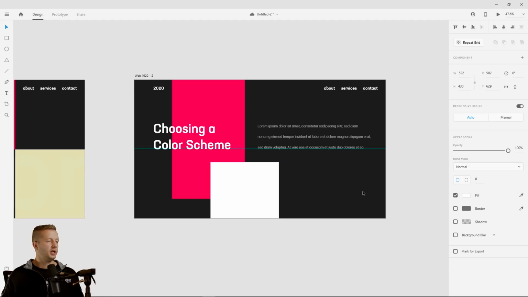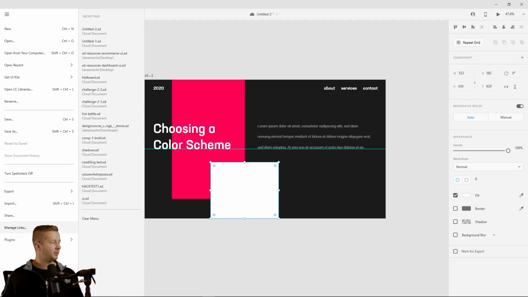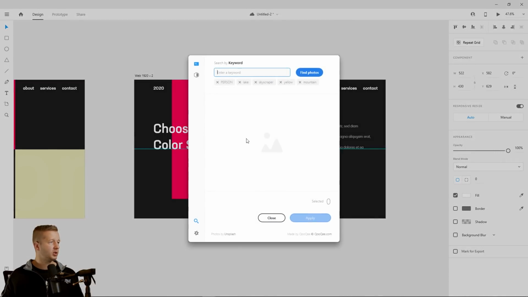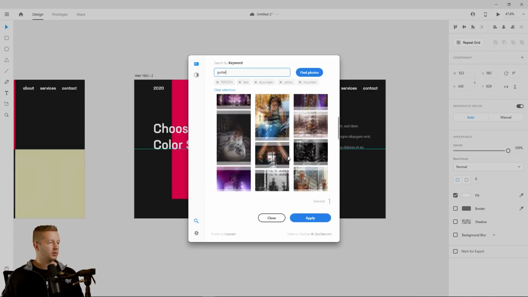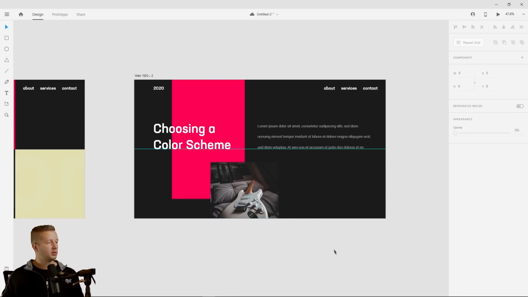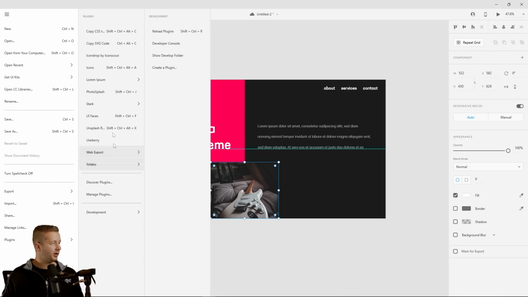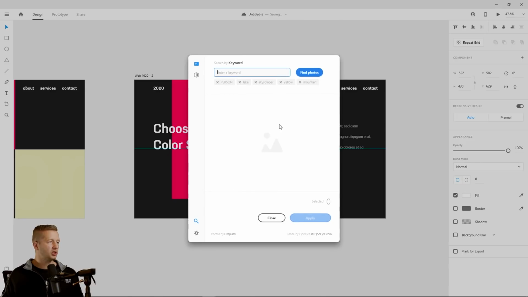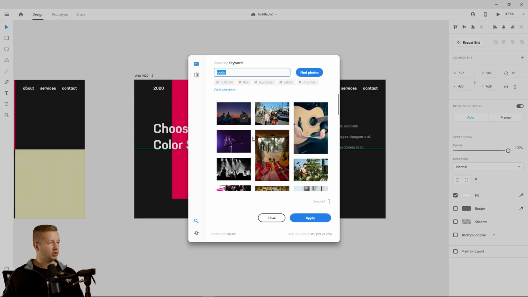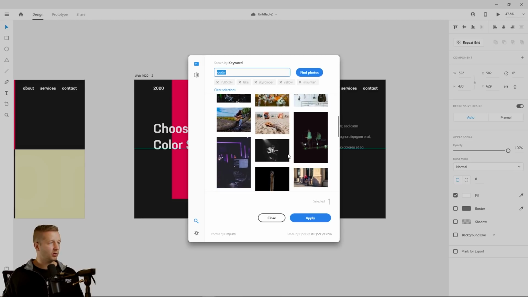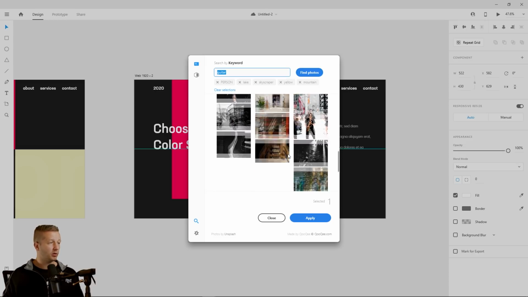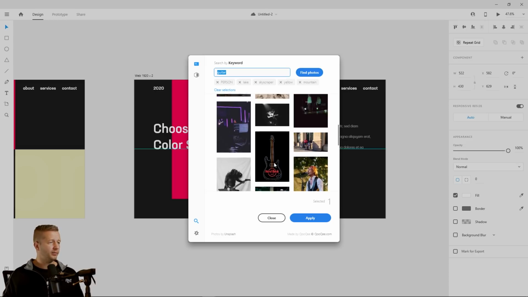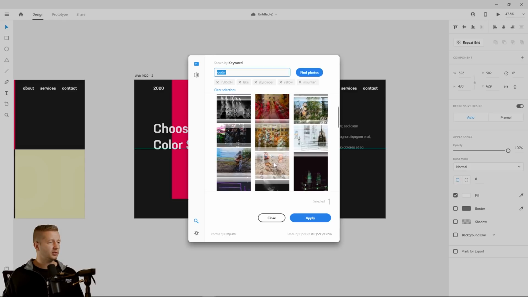All right, so here, let's put a photograph. We'll select it. There's a plugin called Photo Splash that you can get. And I'll search for guitar. Maybe we'll choose that one. Nice, okay. Actually, it's not nice, because the top right of that image doesn't contrast well with the background. So choosing your photographs is also an important topic. Just try to remember what type of background and colors you're currently working with, something that would complement it well, or contrast it well if you wanted to contrast. I think I will personally choose